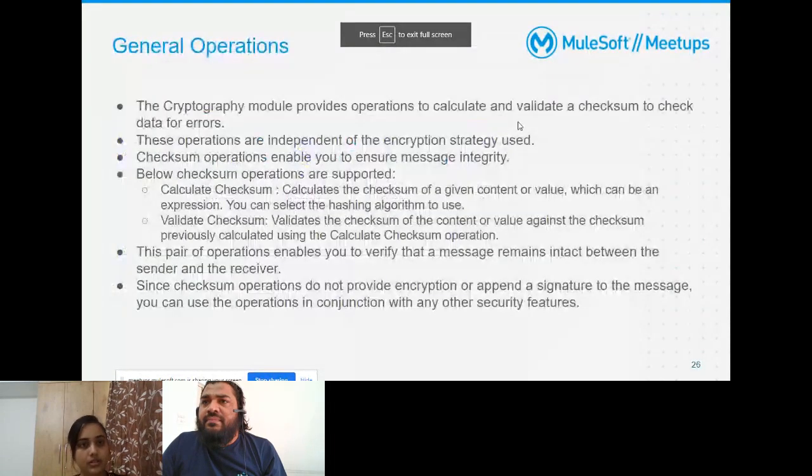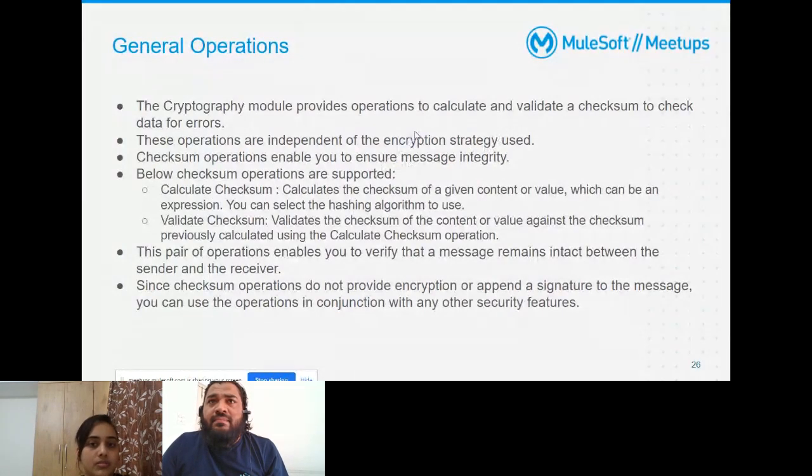There are two general operations which are supported by this module: calculate and validate checksum. These general operations are used for data integrity. Calculate checksum will act as an enricher for our payload or message, and it will generate a checksum value for our message.